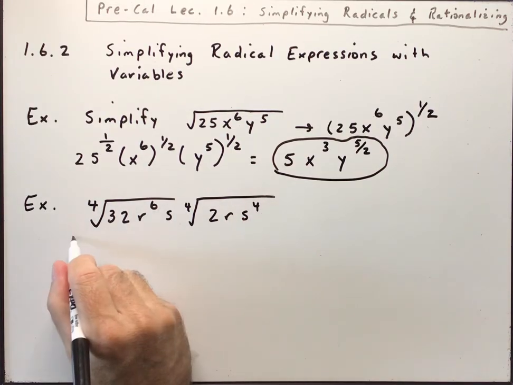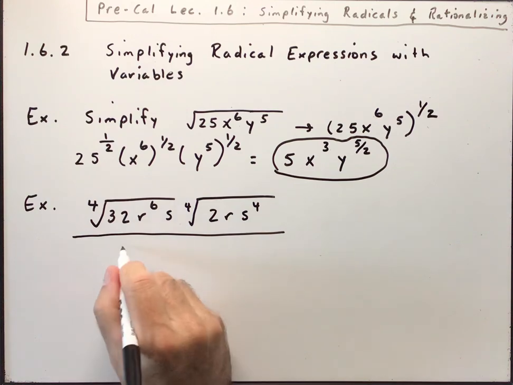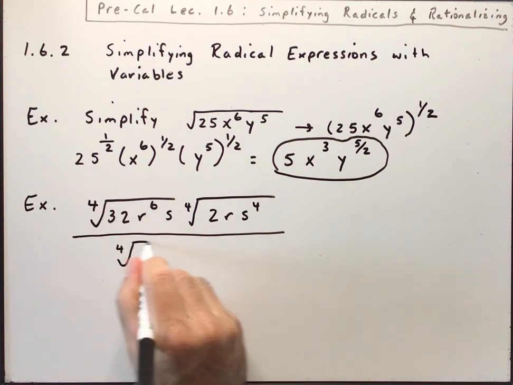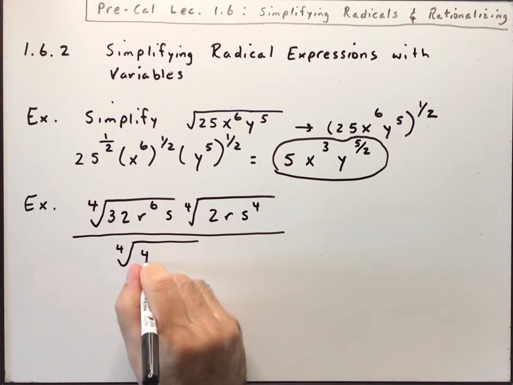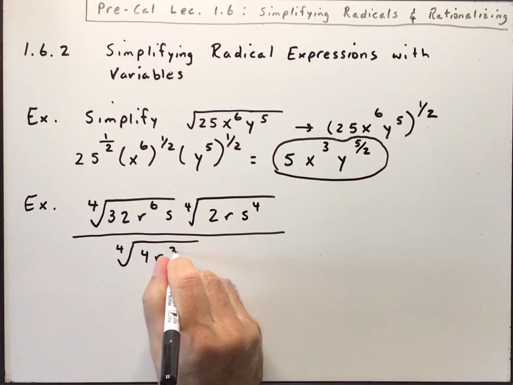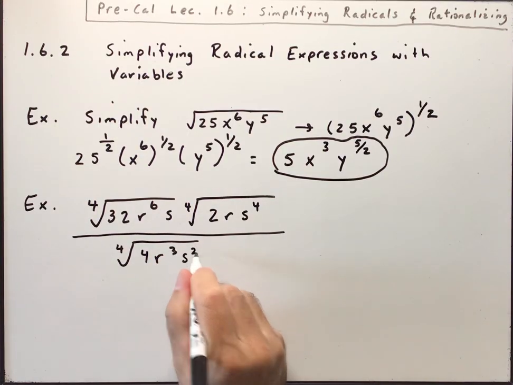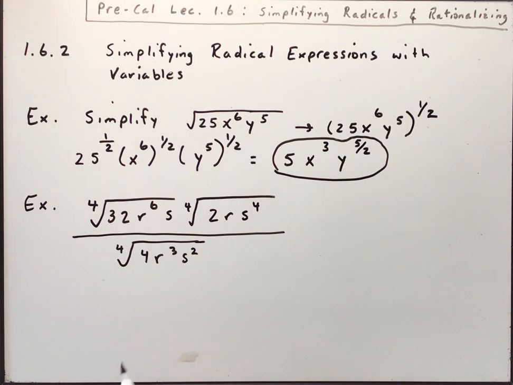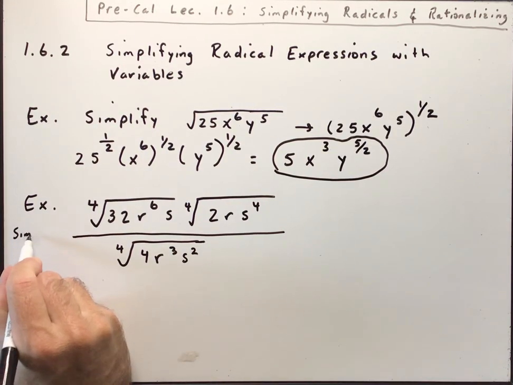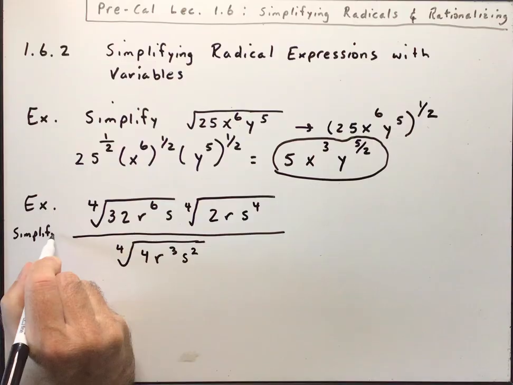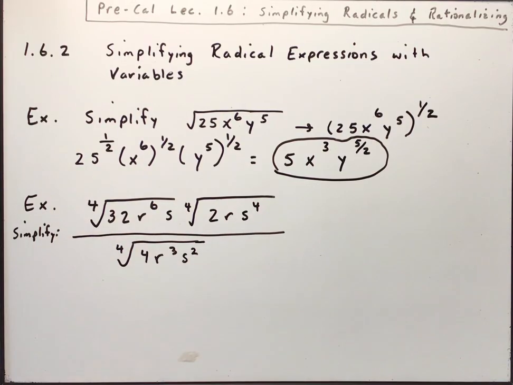So both of those are the 4th root over the 4th root of 4r cubed s squared. All right, so that just looks terrible, and our instructions would be to simplify this. But since it's all to the 4th root,